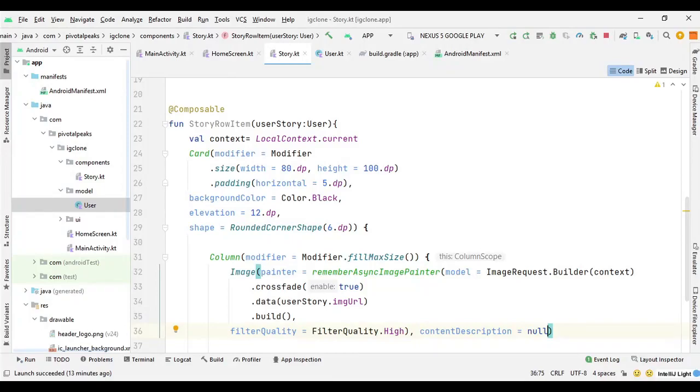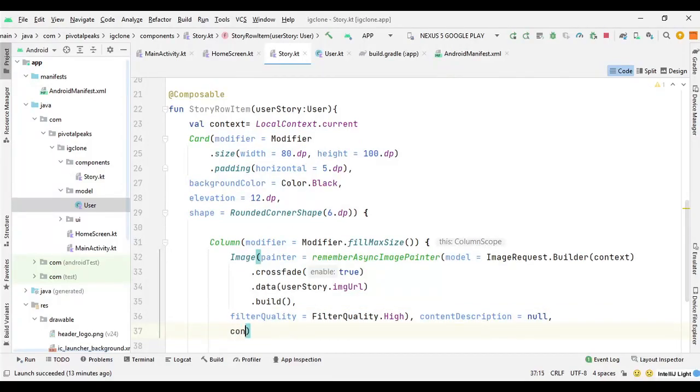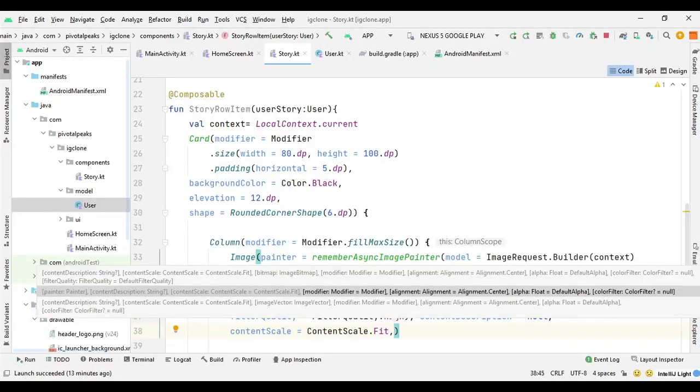And then we need to pass some options. So content scale, and here we can say content scale dot fit, and we also need to give it some size.